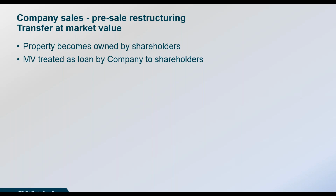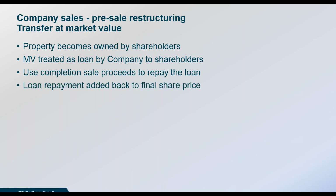£220,000 as market value was just left outstanding as a loan by the company to the shareholders for a few days. They were then able to use the sale proceeds at the point that the sale of the shares completed to repay that loan to the company. The loan repayment was then added back to the final share price because it effectively is still money sat on the company's balance sheet at the point of completion, which goes towards the calculation of the final share price. So effectively, the arrangement had a neutral impact on the overall sale proceeds that the vendors received, and they retained